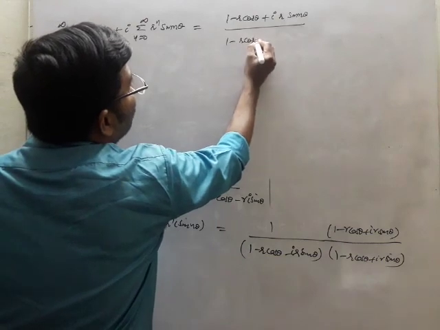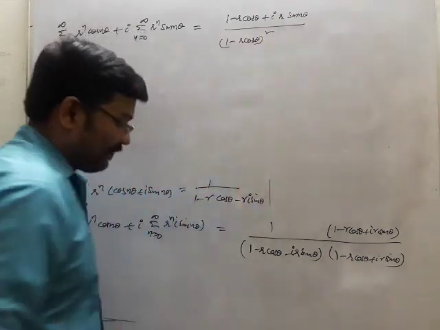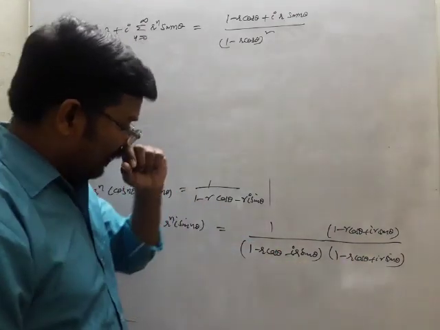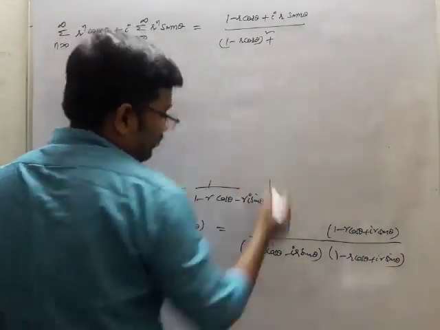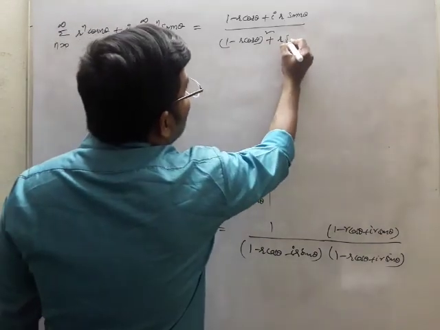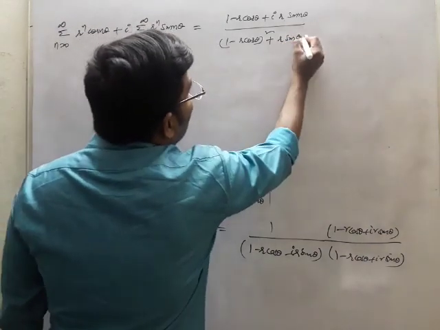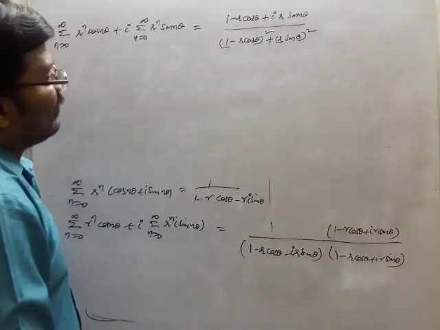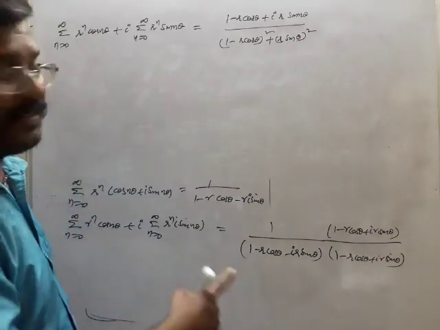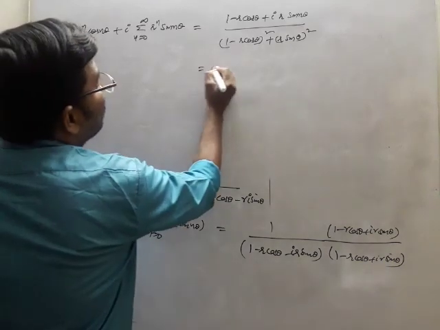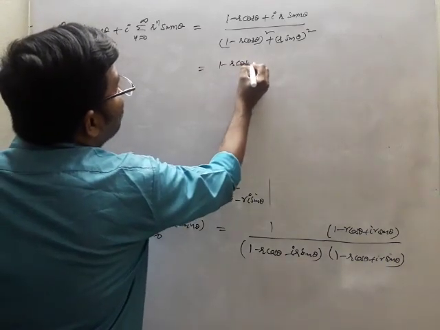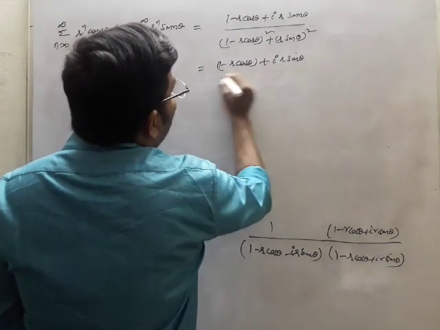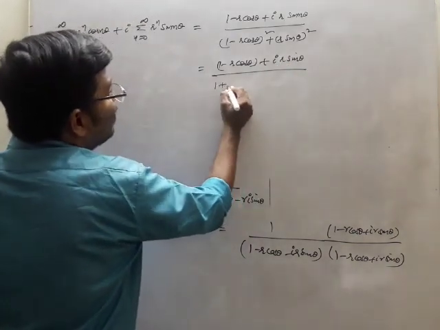So this is (1 − r cos θ) whole square. And this is i, so i square becomes plus (r sin θ) whole square, plus you'll get the same plus. i square is nothing but minus, so again minus will be there, that becomes a plus. So this is 1 − r cos θ + i r sin θ by,